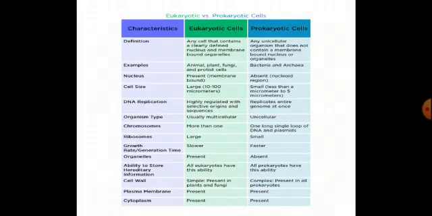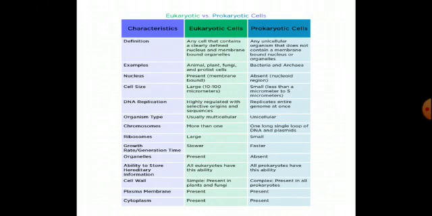Next thing, we have to differentiate the prokaryotic cell from the eukaryotic cell. In the definitions, the first characteristic feature is definition. Any cell that contains a clearly defined nucleus with a membrane is a eukaryotic cell. The prokaryotic cell is unicellular, that is single-celled, and doesn't contain a developed nucleus and nuclear membrane. Examples of eukaryotic cells are animal, plant, fungus and protista cells. Here, bacteria and archaea are prokaryotes. In eukaryotes the nucleus is present, membrane bound. In the prokaryotic cell, it is in the form of a nucleoid.